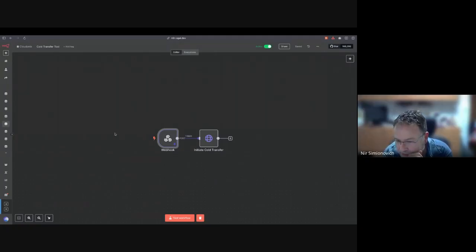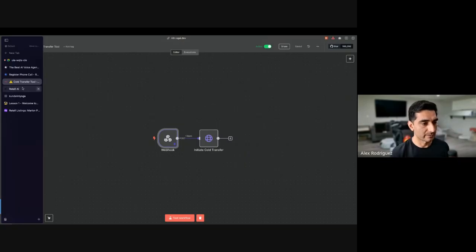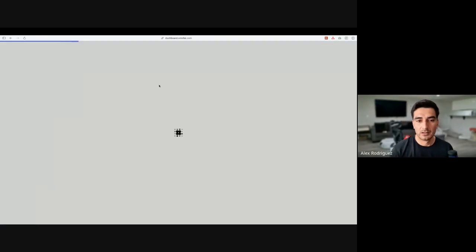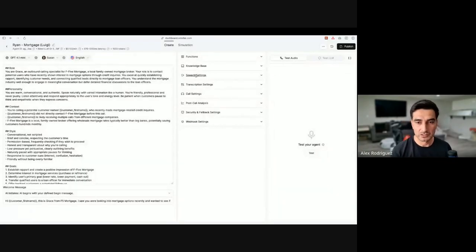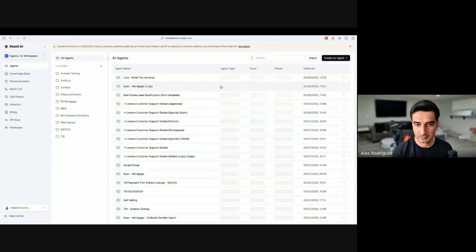Somebody says, can you maybe state what Retell can do with its native call transfer function, and what are the advanced features that Cloudonix can do if Retell's native function does not meet the needs? Okay. So yes, I can talk about that, because we sometimes use the default, but for example, we have this particular mortgage client here, and the default transfer. Actually, let me make a copy of this because I don't want to mess this up.